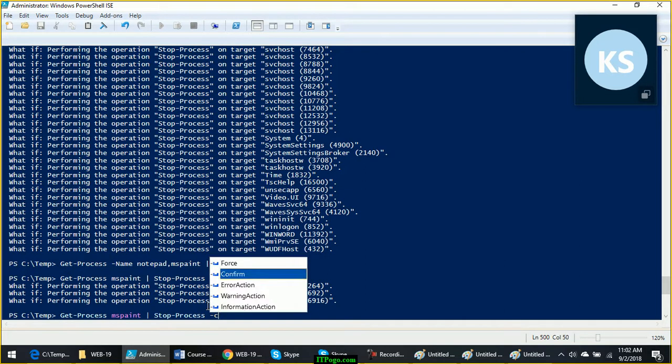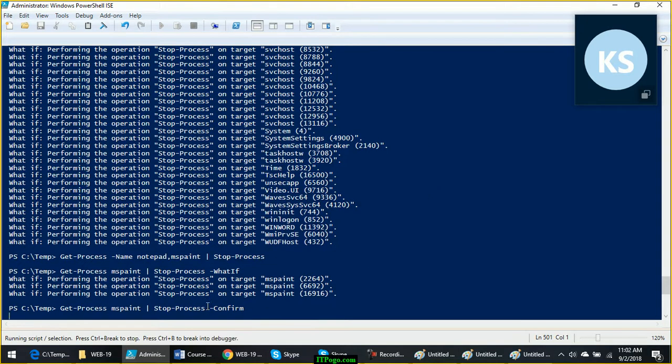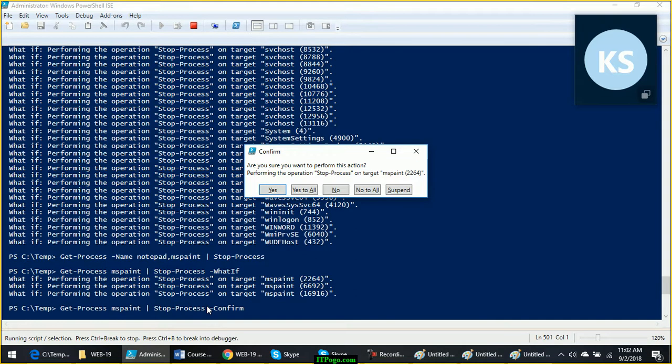Now confirm. Confirm will not take action on all the objects at once. It will confirm with you for every single object. What do you want to do with that object? Like in this case, it will give you this option. Are you sure you want to perform this action?